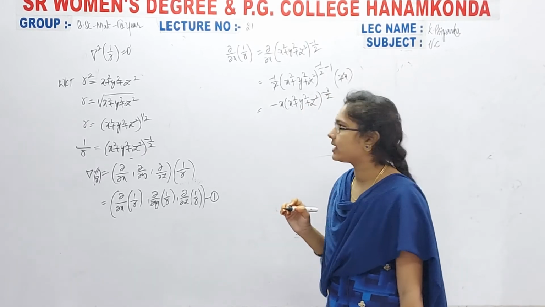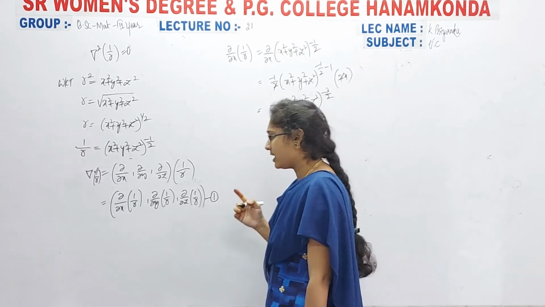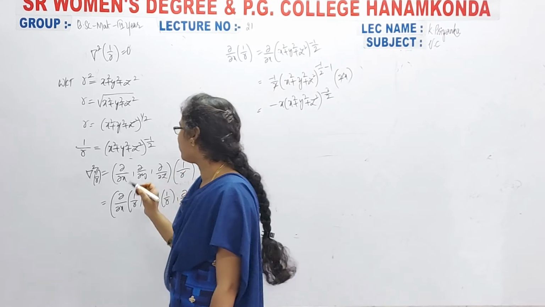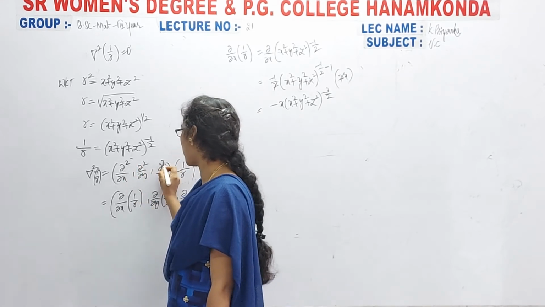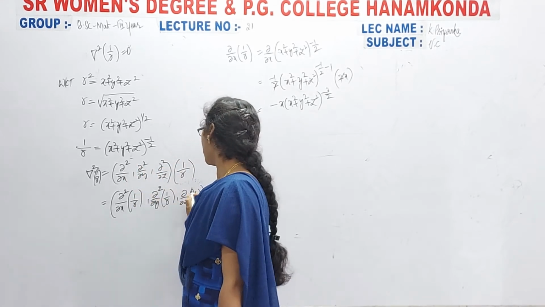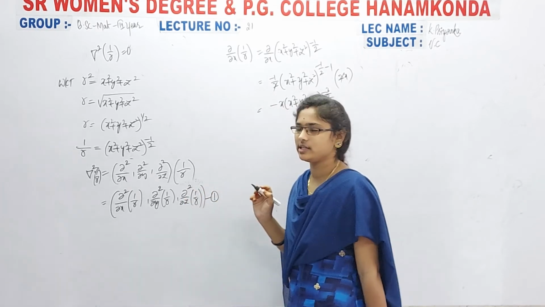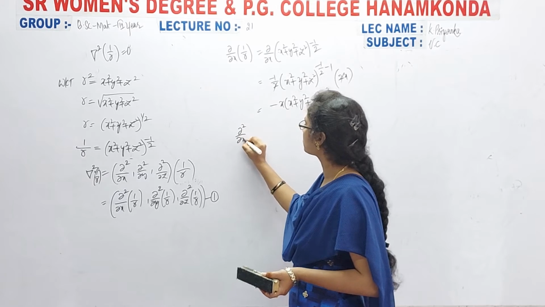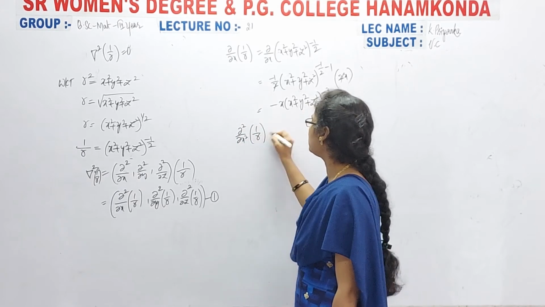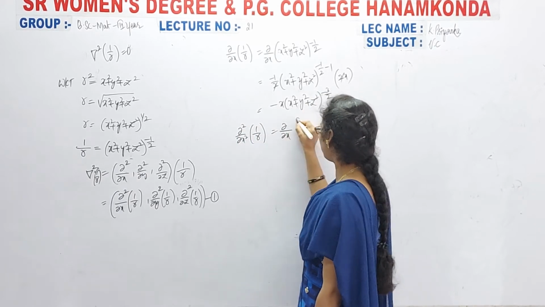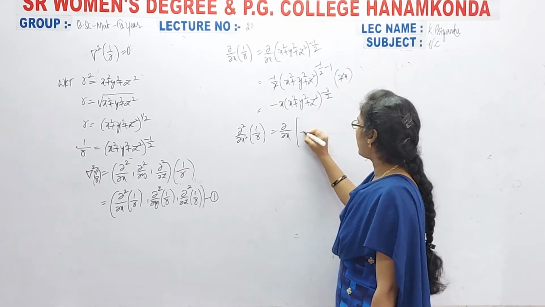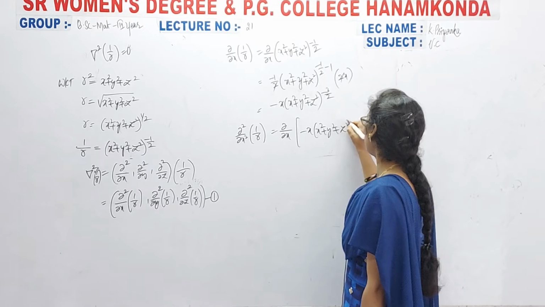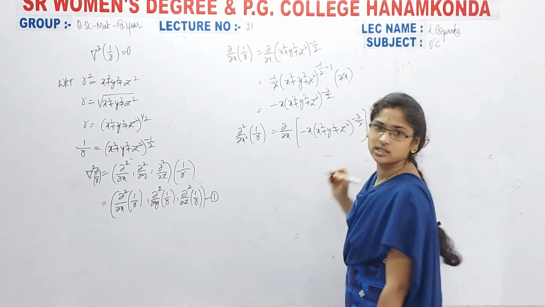So here directly we can calculate, actually we can find the value of the grad square directly also. Then what we get here, dou square by dou x and so on, like this we will get. So directly here I am calculating, it is somewhat easy to calculate. Then again dou square by dou x square of 1 by r means dou by dou x of minus x of x square plus y square plus z square whole to the power of minus 3 by 2.